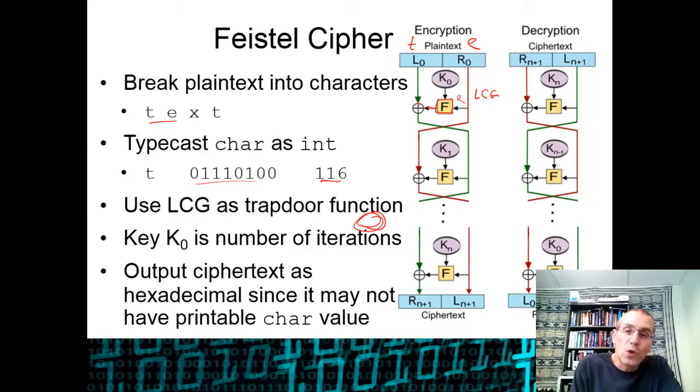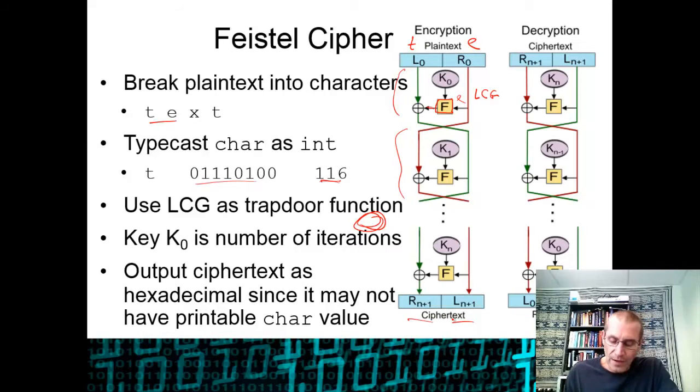Then you're going to go ahead and XOR those two. We saw a bitwise XOR in the last class. And you're going to XOR those two right there. And then you're going to go ahead and do another one. So here's another round. Each one is called a cipher round, or a Feistel round, 1, 2. And you're actually going to do it 3 times. And then once you're done, you're going to output these values down here, which is your cipher